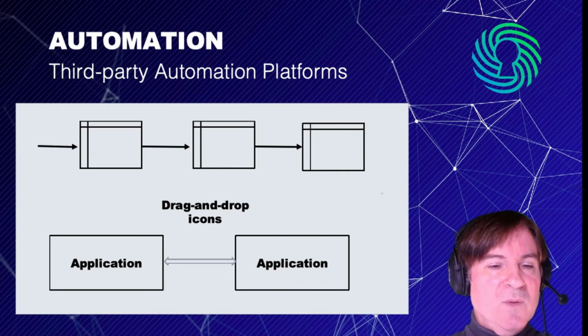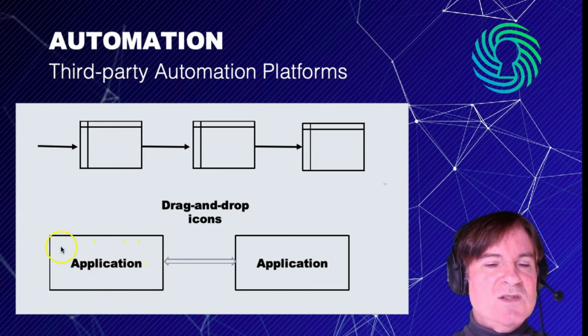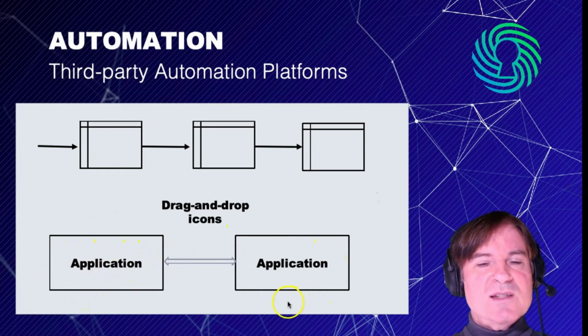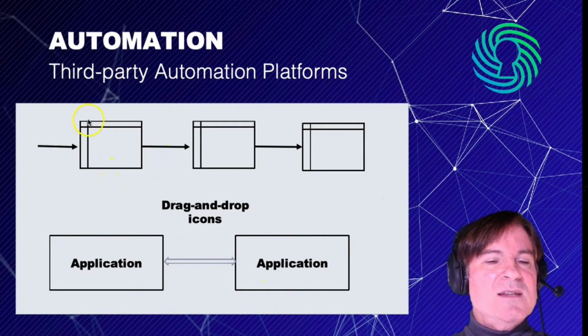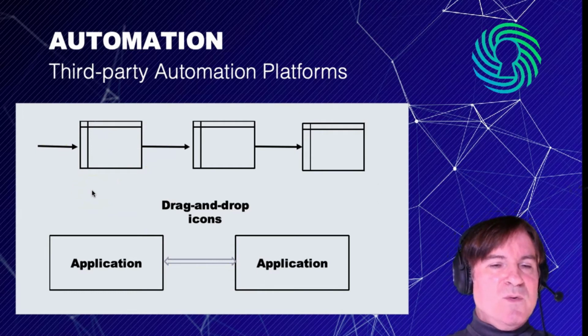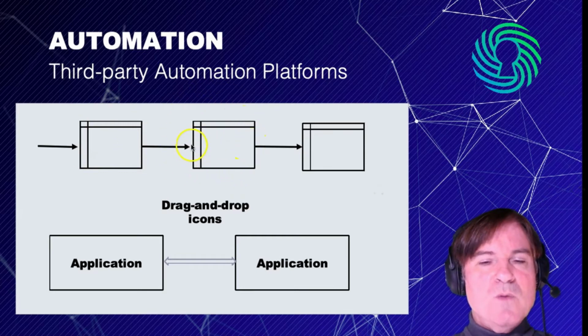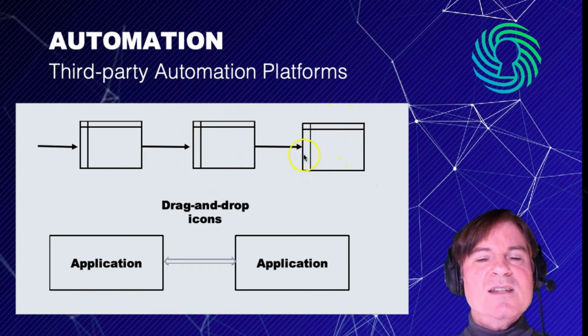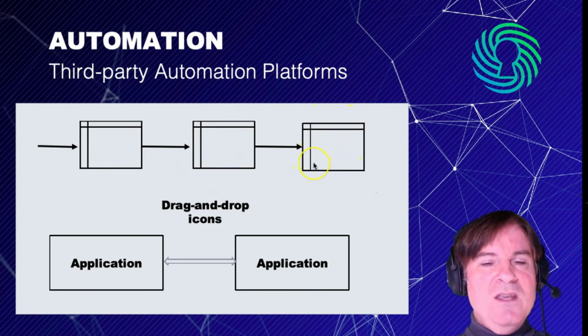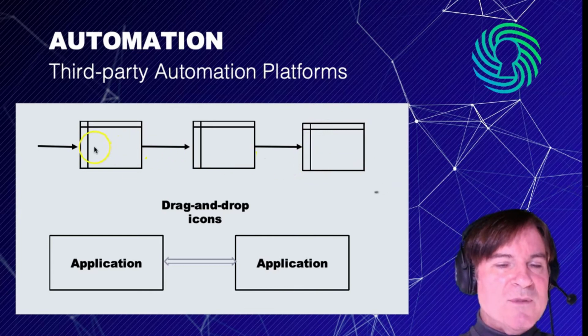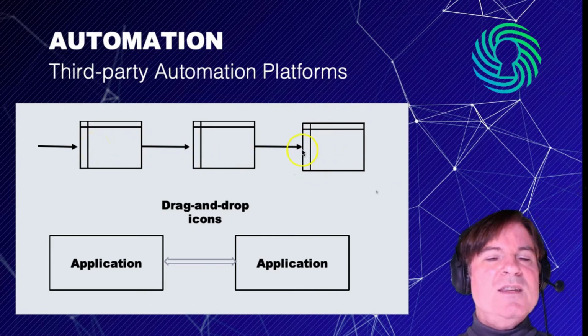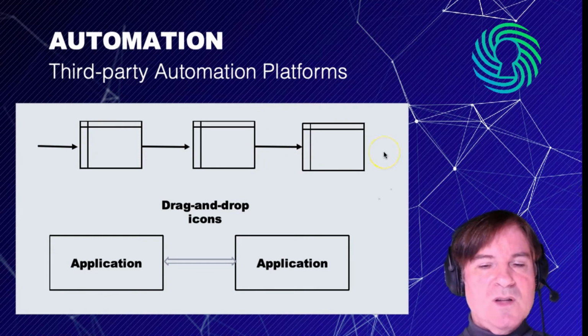Let's use a quick example. Remember we talked about these two applications, Salesforce and Office 365. What a user of this platform might do is drag and drop something that says, gather all new prospects in Salesforce. That'd be the first thing. The next one might say, send these names over to Office 365. And then when they get to Office 365, send emails to all of the prospects. So rather than writing a software program, a source code text file, these drag and drop options are leveraged.